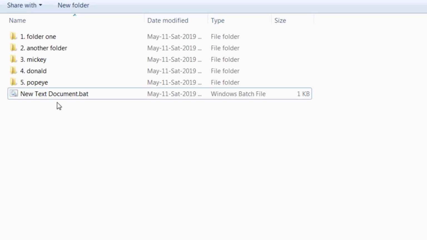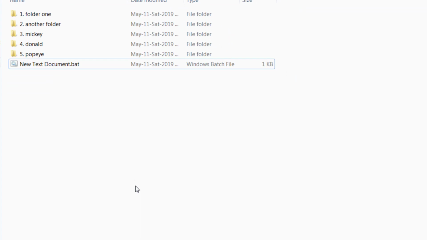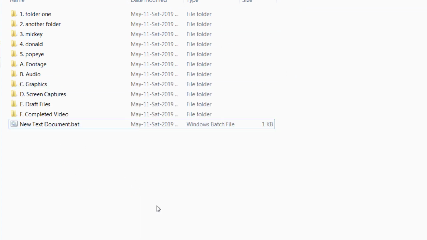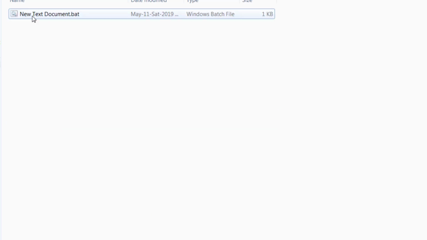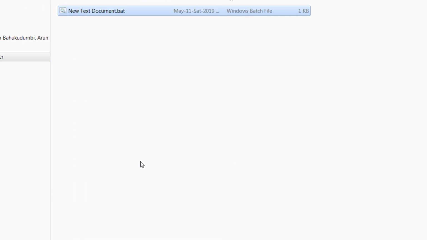But how do you add this batch file to your right click context menu so that whenever you click on this, that's going to create those folders that you want to create? Let's see how to do that now. So now that you have created this batch file, right click on this by hitting the shift key on your keyboard. So hit the shift key and then right click on this to see a new copy as path command here. Click on that to copy the path of your batch file wherever you have created,